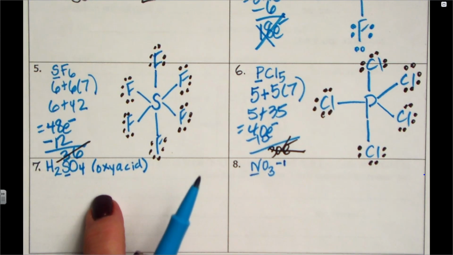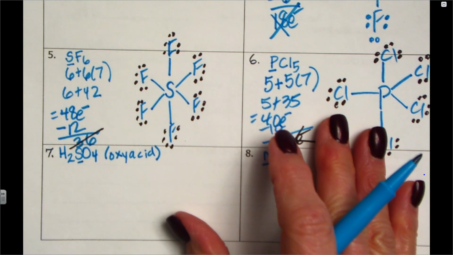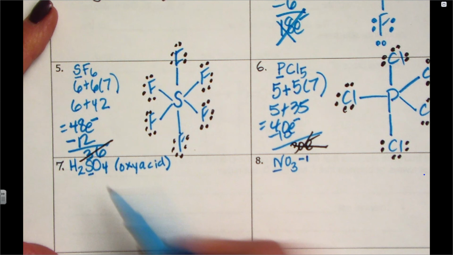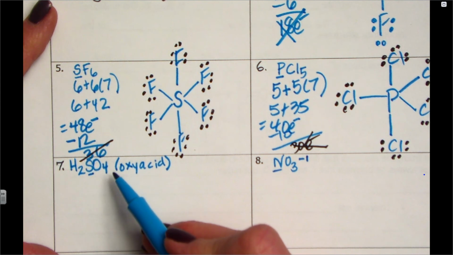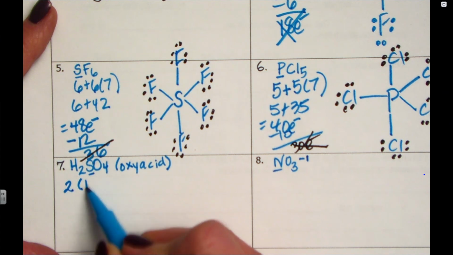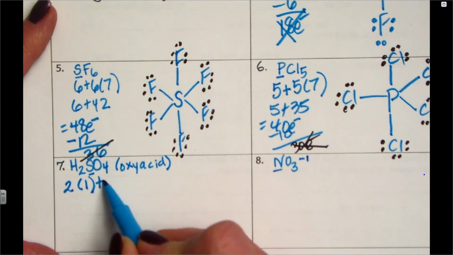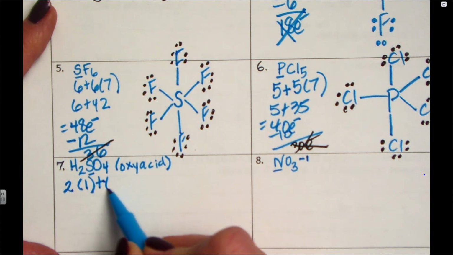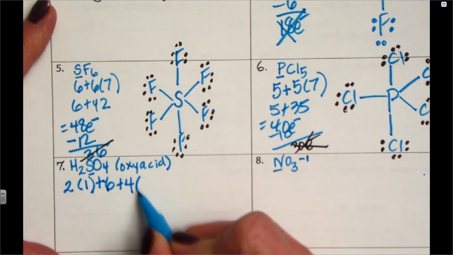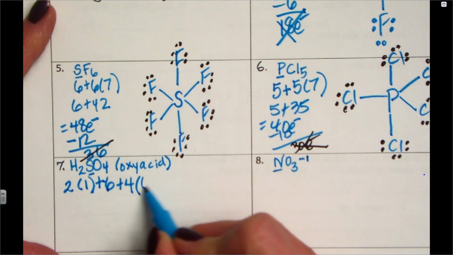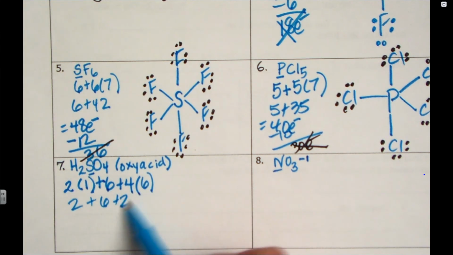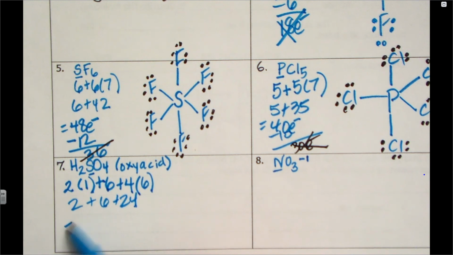Now this is an oxyacid, and what you want to remember with oxyacids is that your hydrogens always go on an oxygen. You have 2 hydrogens, and they have 1 valence electron apiece. You have 1 sulfur, and it's in group 6A, so it has 6 valence electrons. You have 4 oxygens, and it is in group 6A, so it has 6 valence electrons also. So we get 2 plus 6 plus 24, and that's going to give me a total of 32